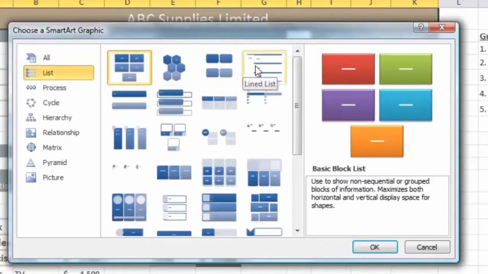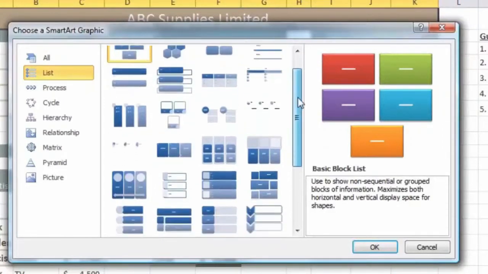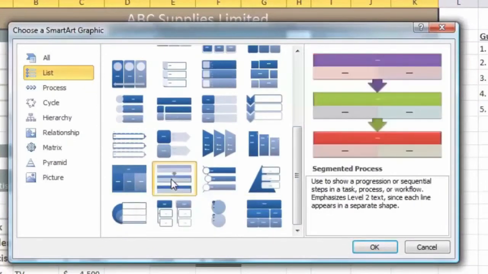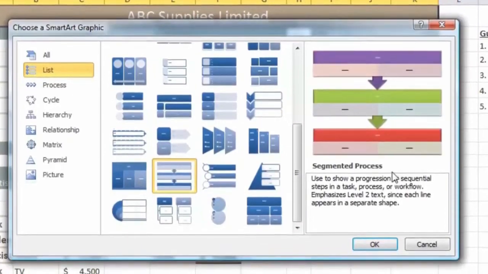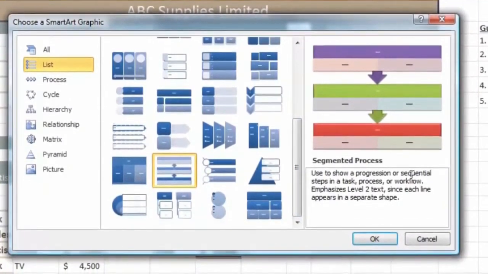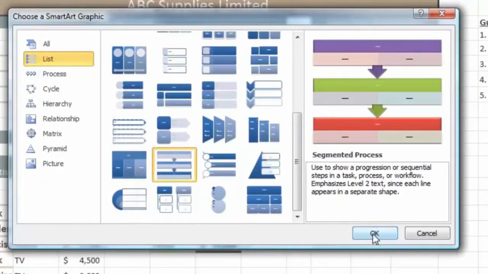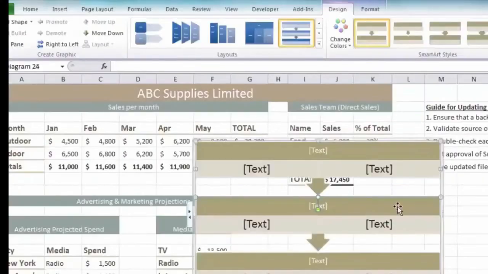Obviously there's quite a range of things to choose from. Some of those are for non-sequential lists. I'd prefer to have something sequential, so I'm going to scroll down and have a look, see if I can find something. There's one here near the bottom. If I click on that, let's have a look, it's called segmented process, and it says used to show progression or sequential steps in a task. Well, that's not exactly what I want, but it's pretty close, so I'm going to click OK,